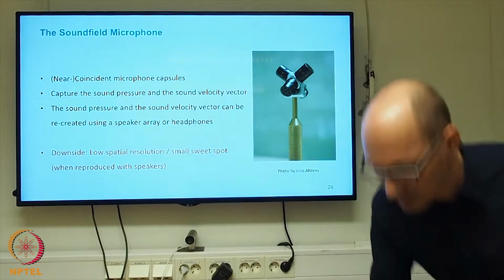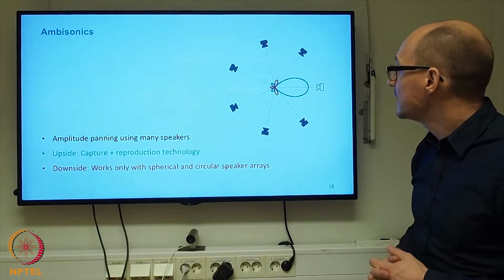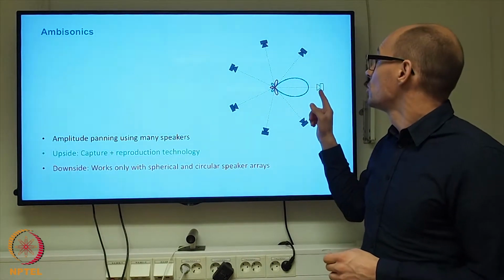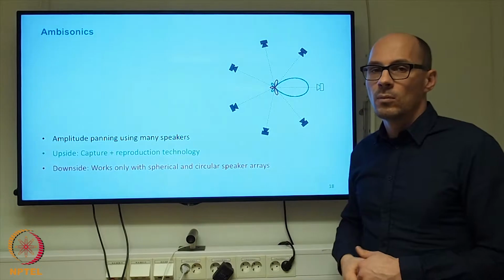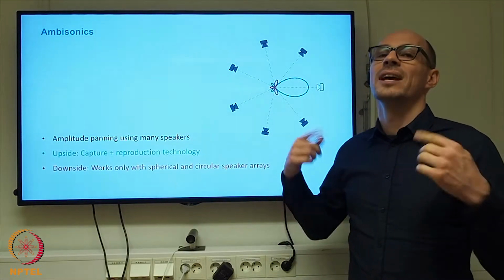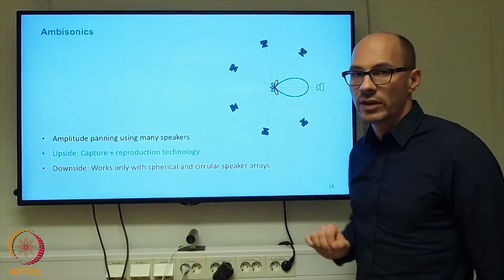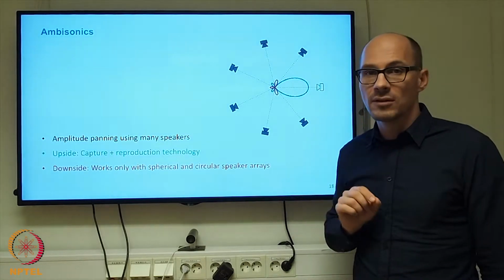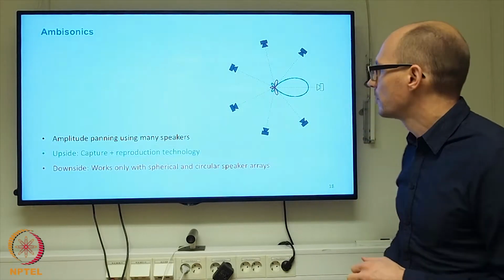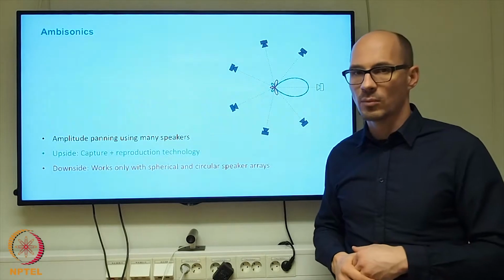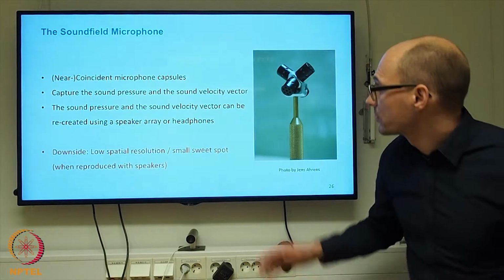So if you recall ambisonics, quickly switch to that slide. This is slide number 18. It is possible to compute the signals that the individual loudspeakers of a suitable arrangement would need to radiate to recreate the sound field that was captured by the microphone array at the center of the arrangement. But then the recreation is physically only valid at this particular point. Of course, you can imagine the head of a person is larger than only that particular point, so that the ear signals